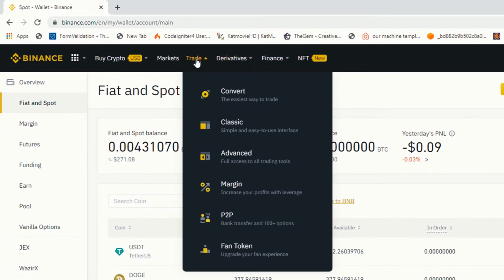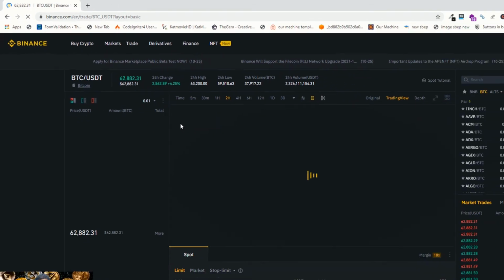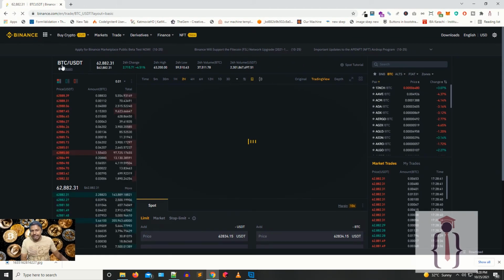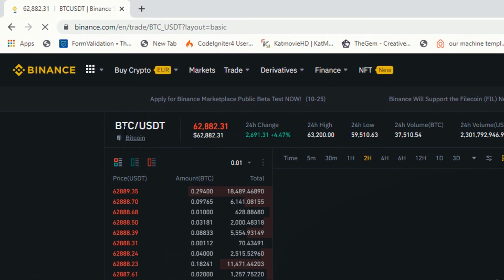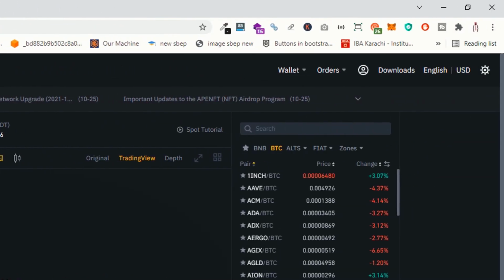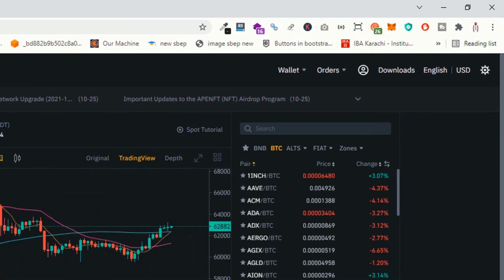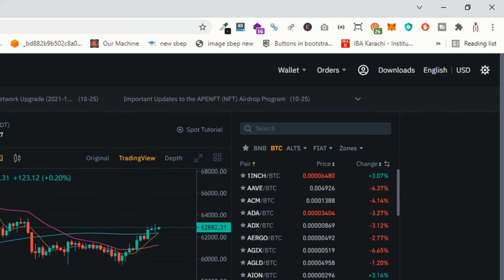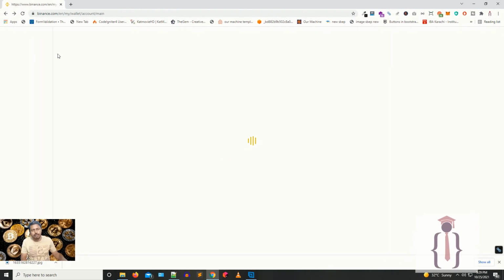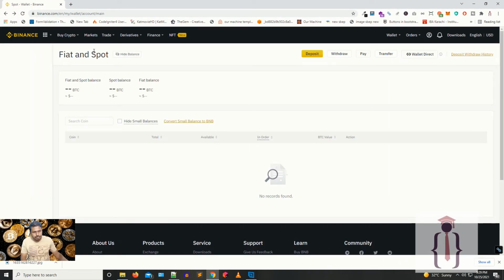The second way: go to the classic option if you want to convert any cryptocurrency. Here, as you can see, the default is BTC to USDT. Now I have the cryptocurrency USDT, known as Tether, and I'm going to convert USDT to Dogecoin. Go to the search option.